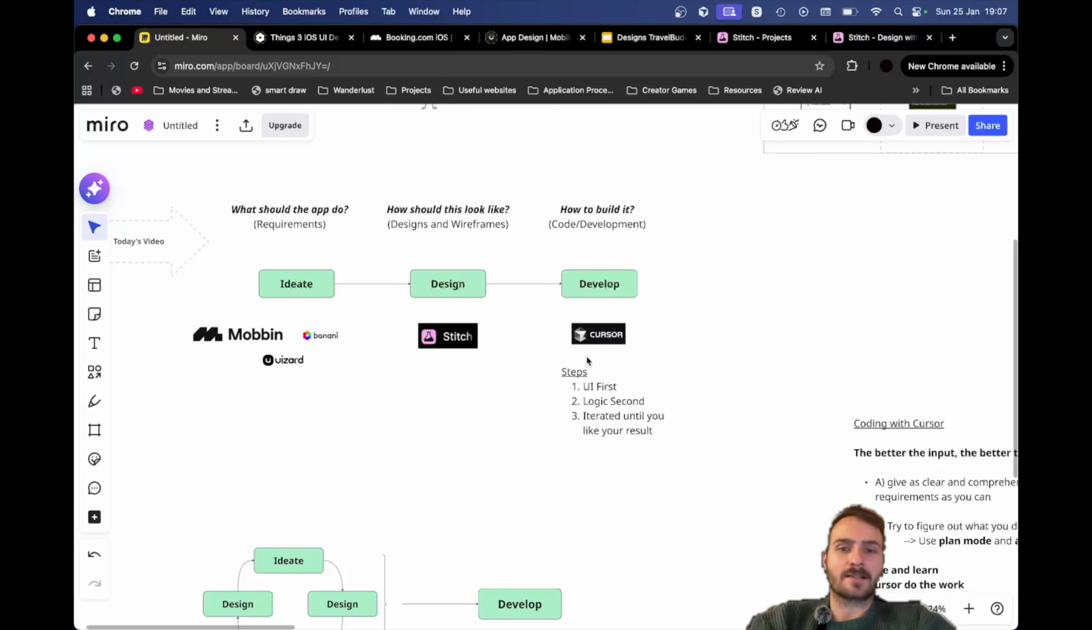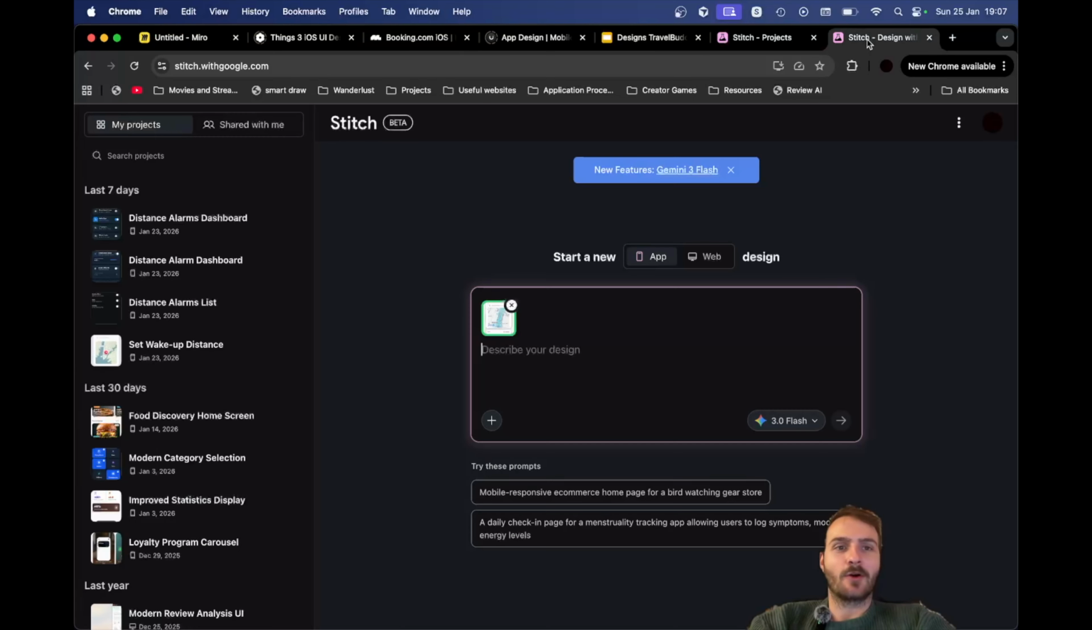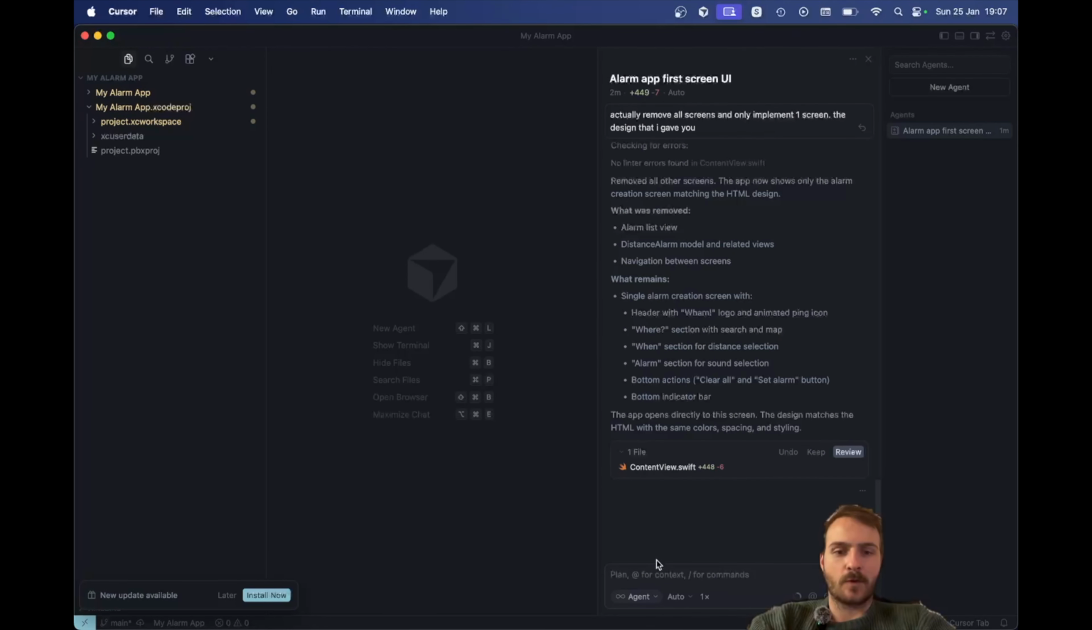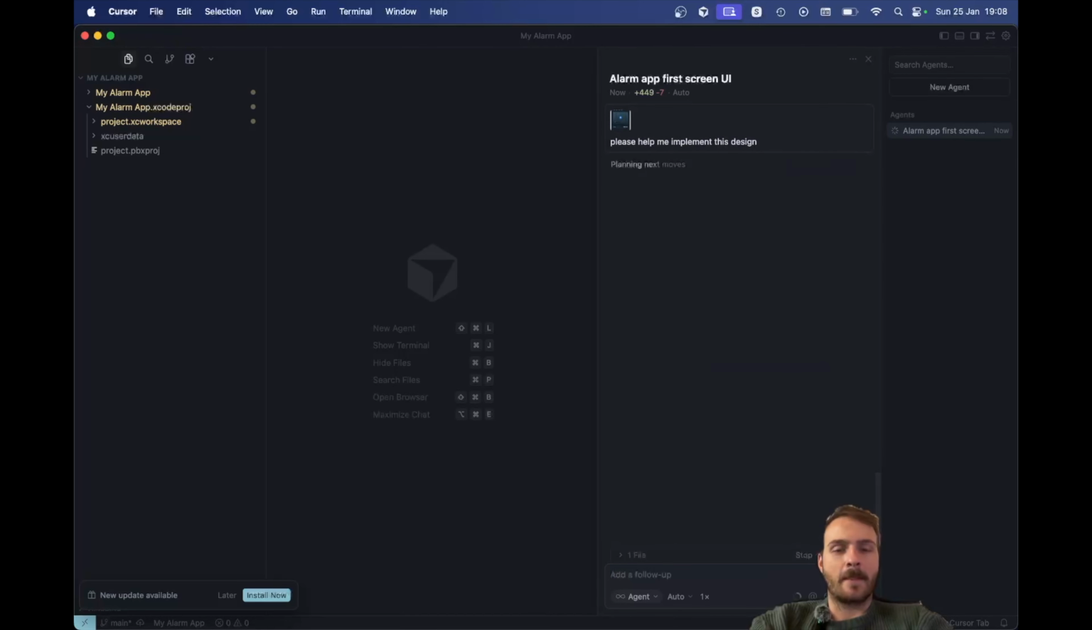And now for our last step, the development piece. In its basic form, it's again very straightforward. We go ahead and go to our design. We screenshot it. We go back to Cursor. We copy paste it and we instruct it, please help me implement this design. And we go ahead and let it run. And once it's done,